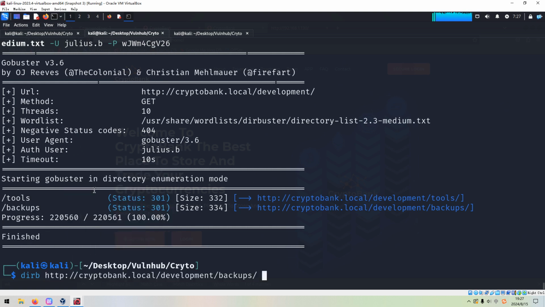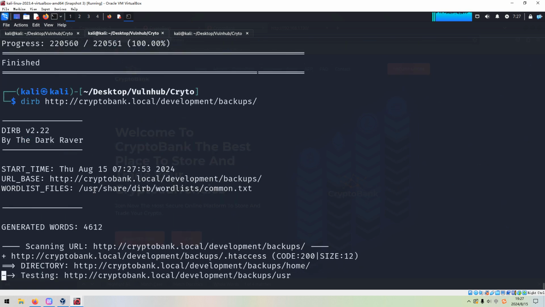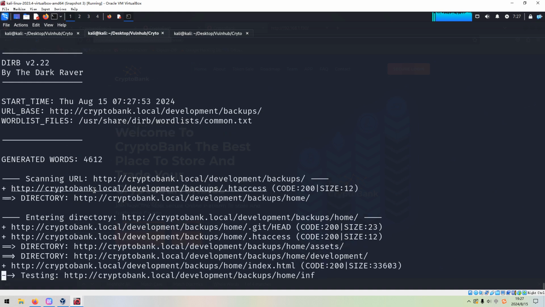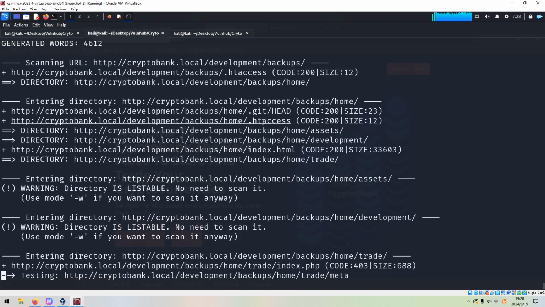And I think we need to specify the... Do we need to provide the username and password? No need. We found the Git directory.